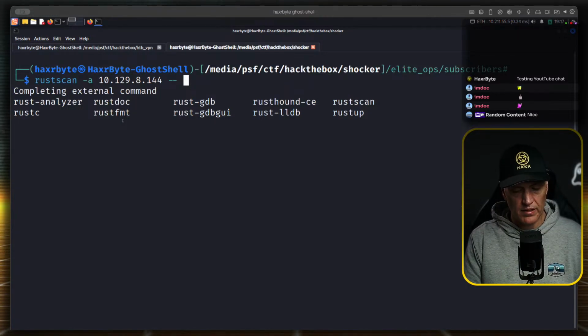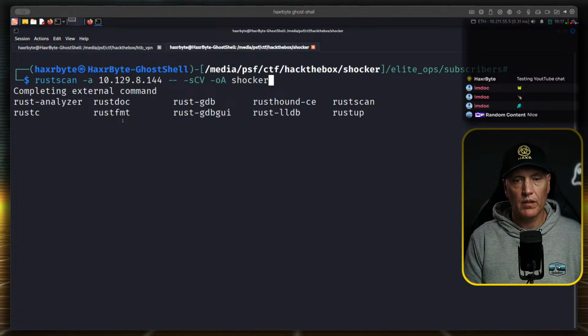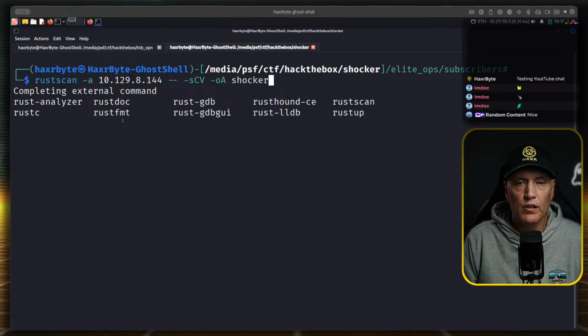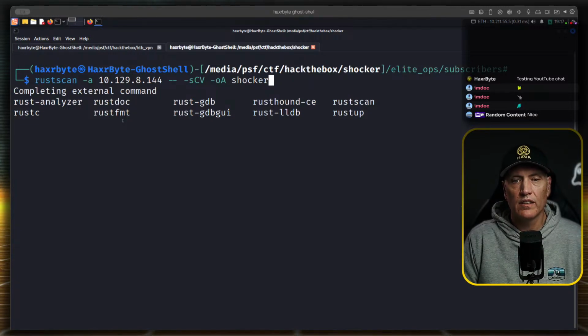On the Nmap side, we'll do default scripts, version enumeration, and then output files. We'll call it shocker. Now, small o, big A just means it will output in all the major formats: Nmap, grepable Nmap, and XML.